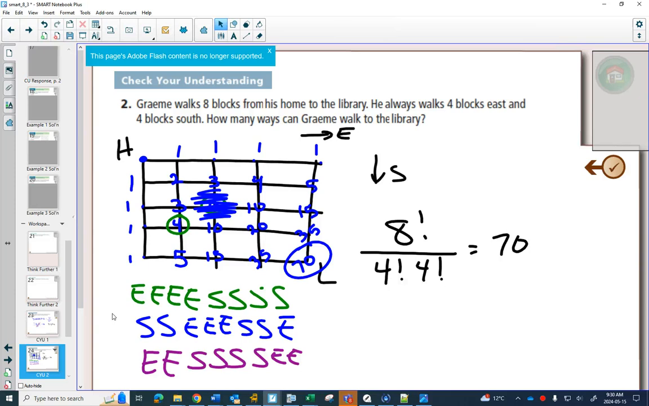Okay, questions for practice on this one are 12. And we have one more identical object